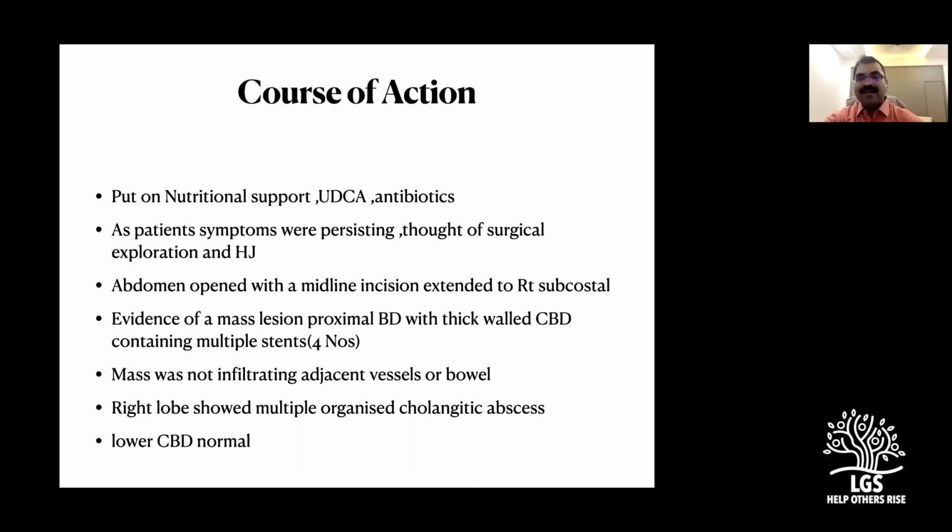Okay. Because of inexperience, I behaved like a typical surgeon. So I started this patient on nutritional support, UDC and antibiotic. The patient was not improving within one week. So I thought of doing an open drainage because I didn't have ERCP support at that time in our institute. We have to send them outside for getting this ERCP done. But I was thinking of a hepatico-jejunostomy because I thought of some recurrent pyogenic cholangitis or isolated liver involvement,